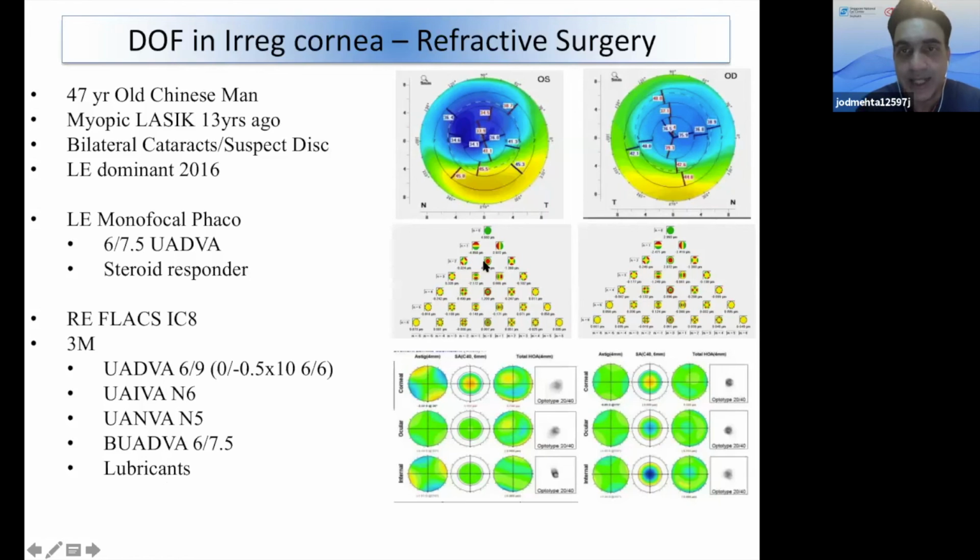you can actually see the effect of the IC8 lens. So if you look at the left-hand side, which has the monofocal in, and you look at his aberrations over here, so his spherical aberration over here, you can see it's all coming from the cornea, nothing basically from the internal side. And if you look on the other side over here, on the right-hand side, that has the IC8,